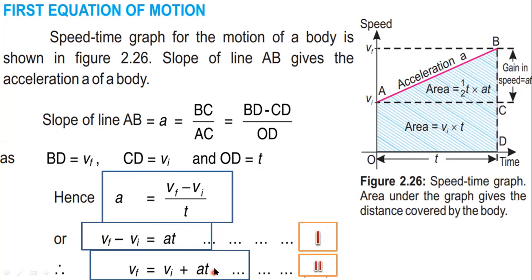So once again, for easy learning, this was the diagram as I have drawn, step by step. Then the straight line graph is represented over here, and this AB is the acceleration, and from this graph we are putting all the values, and we are getting vf is equal to vi plus at. So this is the proof of the first equation. So this was the first equation of motion. Now from here we will prove the second equation also.